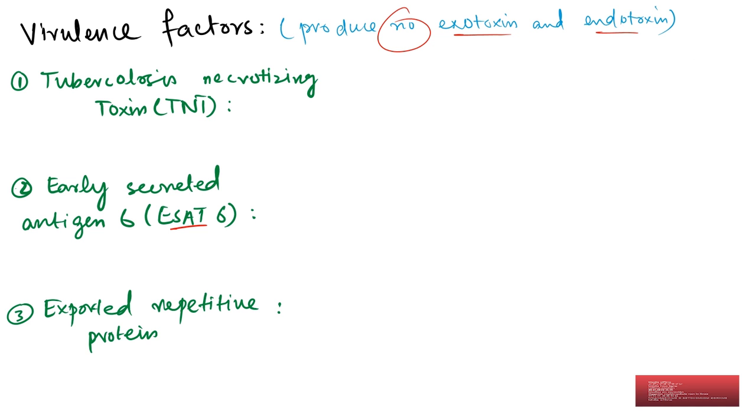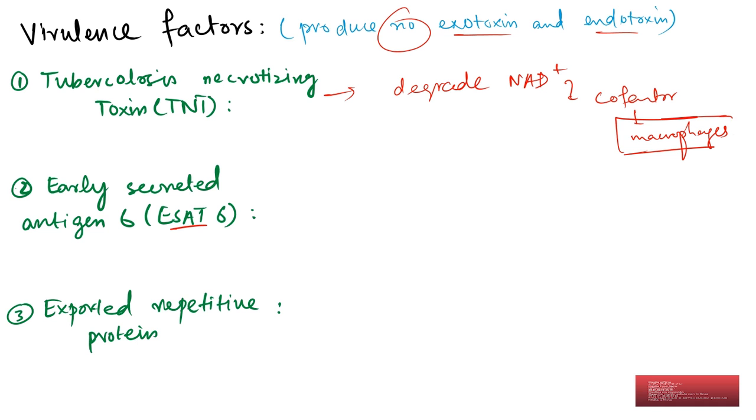Talking about the tuberculosis necrotizing toxin, it degrades nicotinamide adenine dinucleotide, which is one of the important cofactors for the survival of macrophages. So degrading this will cause death of the macrophages. The second important virulence factor is the early secreted antigen 6, which reduces the innate immunity against Mycobacterium